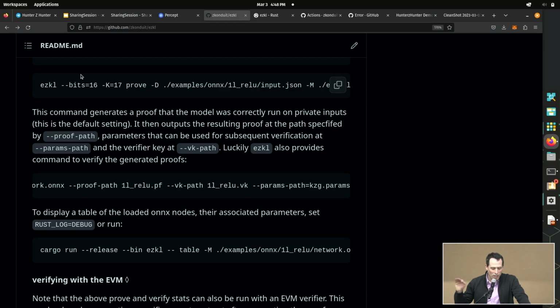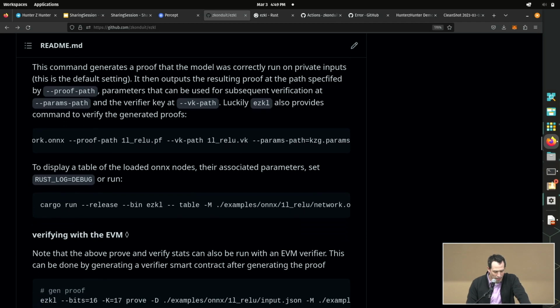So that cost is kind of constant, and that's just a hint of how weird the cost model is when you think about zero-knowledge proof as kind of like a computer, right? It's a very strange cost model, and we're also figuring out kind of what works well. Anyway, that's what bits is. Bits is how big is that table. So this means I'm writing down 2 to the 16 input and output values. That's adjustable. The quantization scale is adjustable. Use a fixed point arithmetic, and you can choose 2-bit representation or 16-bit representation, whatever you think works for your example.